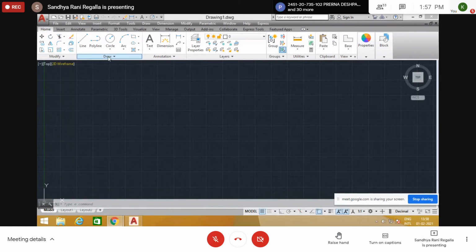And this is the draw toolbar. Whatever icons, whatever commands are available in this draw toolbar, like line command, polyline, circle, these are used to draw the diagrams. And after drawing using this draw toolbar, if any modifications are required, we use these modify toolbar commands. And to write text on the drawing, to show the dimensions on the drawing, we use